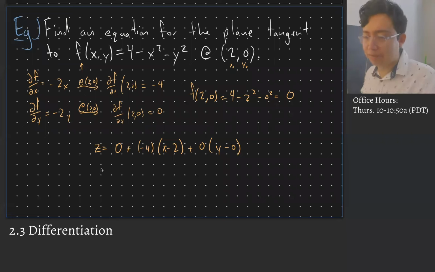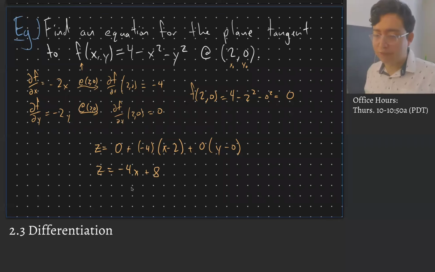Now I can totally simplify this, and this gives me z is equal to negative 4x plus 8. Okay, and that there's our formula. Any questions on that? Computations aren't too hard. One thing I did want to show real quick,